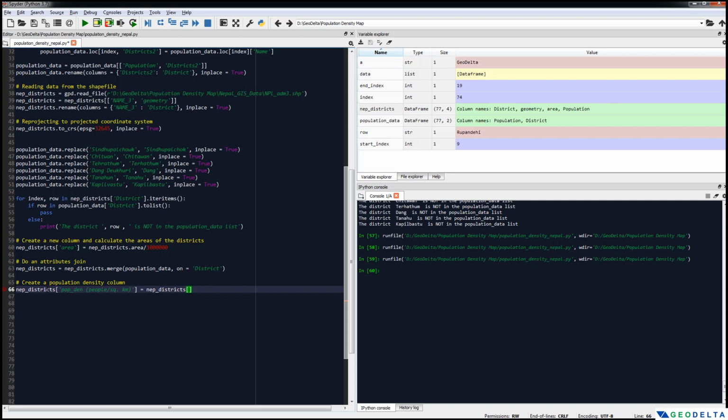And that's going to be the column population divided by the column area. Alright, now we can run this command,